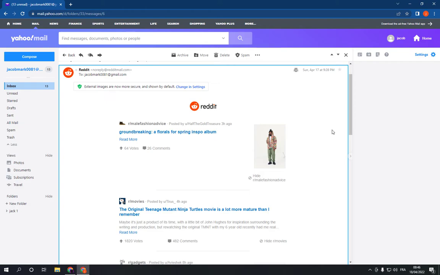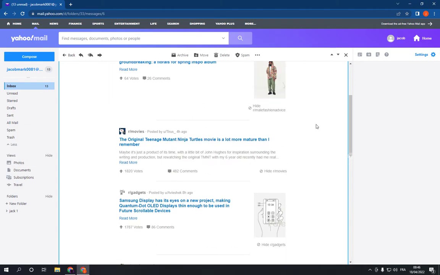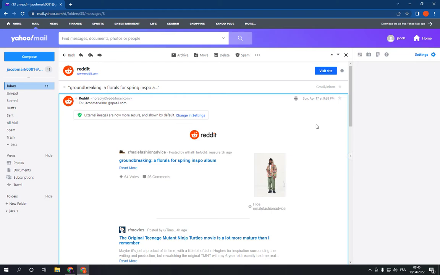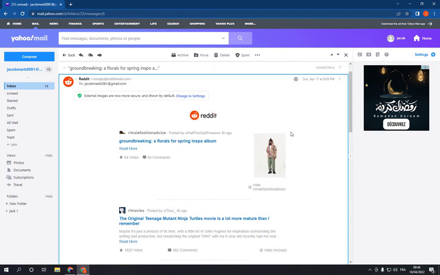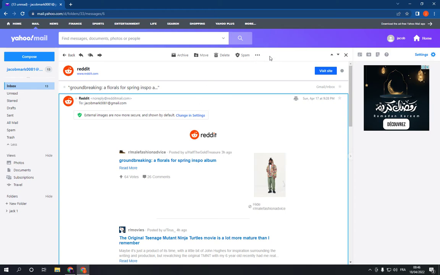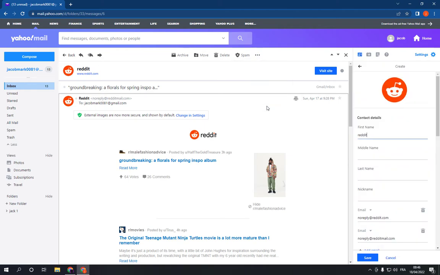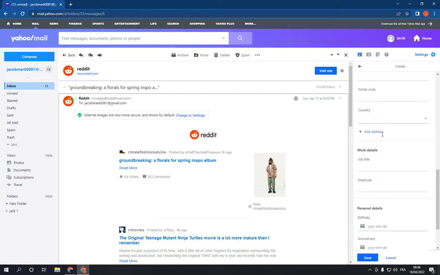So all what you have to do is choose the email that you want to add to contacts. For example, I choose this one. Now all what you have to do is go to the top and click on those three dots right here, and all what you have to do now is click on add sender to contacts and choose the name and